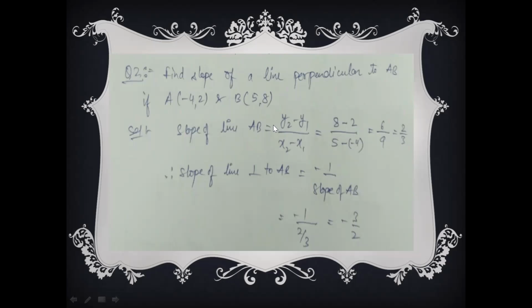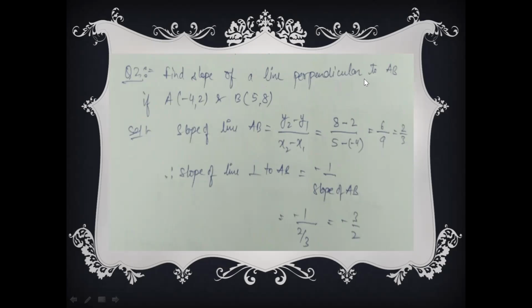So there are different ways to calculate the slope. In this question, it is given that we need the slope of a line perpendicular to AB. So first we need to find the slope of AB, then we use that formula. Remember, m1 into m2 equal to minus 1, meaning negative reciprocal, if the lines are perpendicular. So let's see what the slope of line AB is. y2 minus y1 upon x2 minus x1. Let us say x1 y1 is A and x2 y2 is B. The value of y2 is 8 and y1 is 2, so that is what we wrote. For x2 it's 5 and x1 is minus 4, and in the same way we write the denominator. When we solve, we got 2 by 3. So the slope of line AB is 2 by 3.